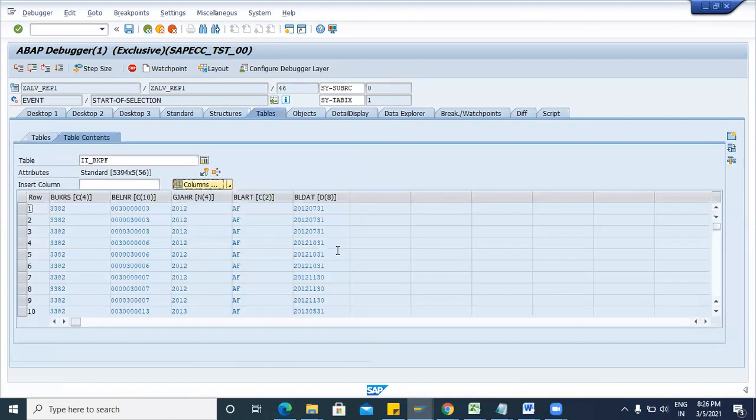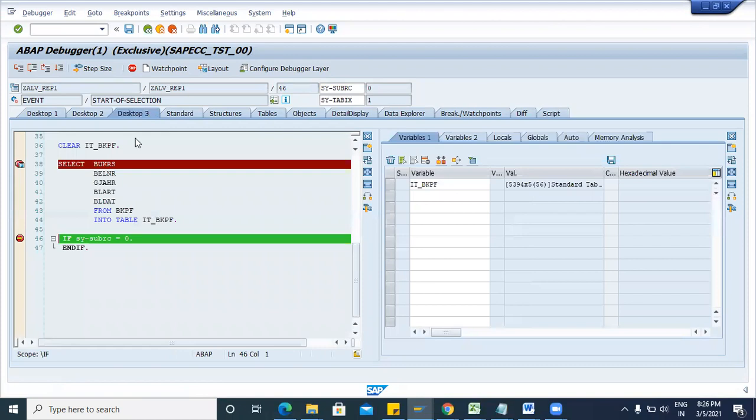Can you please repeat once again? Start debugging from fresh, from the start. Yeah, sure. So first, let me...